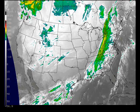Here's the satellite image from last evening. We have the frontal system moving across the eastern part of the country down into the south with some rain and a little bit of snow. A little bit of cloudiness off to our west, but it's fairly tranquil with cold air streaming in from the